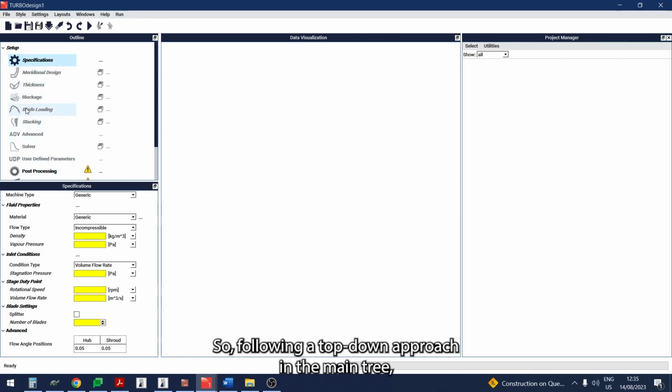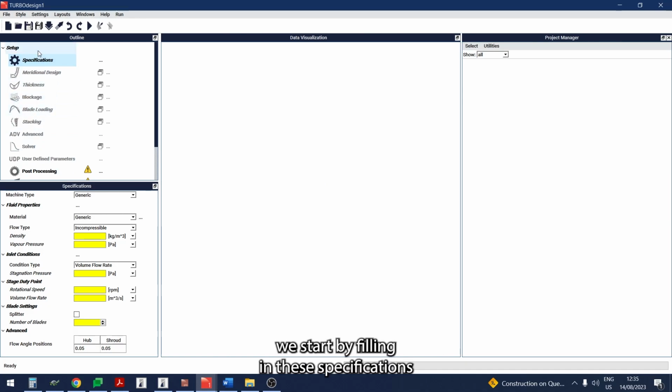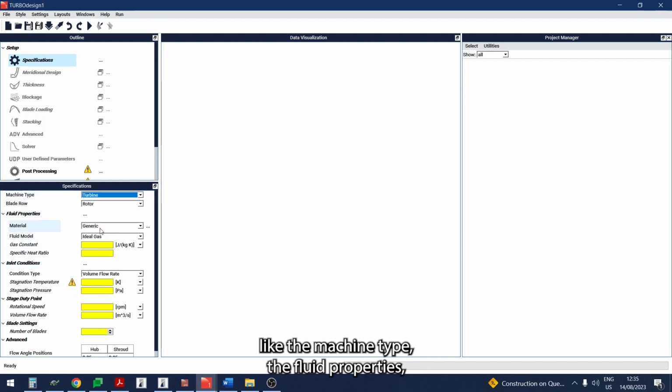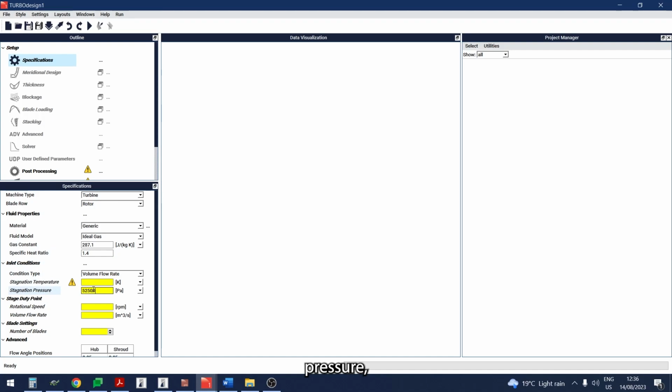So following a top-down approach in the main tree, we start by filling in these specifications like the machine type, the fluid properties, stagnation pressure, rotational speed, the number of blades,